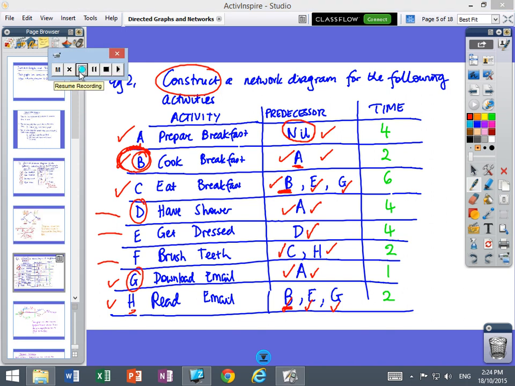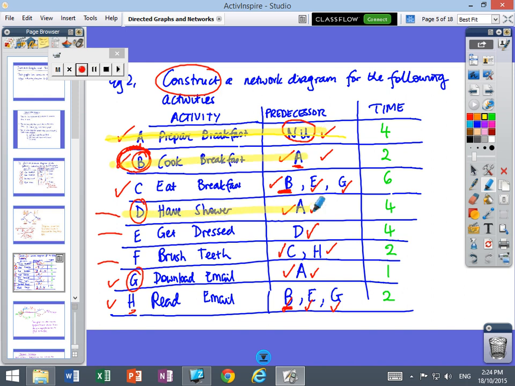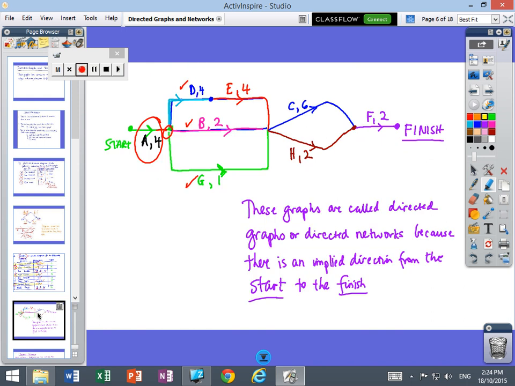Okay, so we've done A. A is on the diagram, so I'll change that to a highlighter pen. So A is done, and we've also got B is done, we've also got D is done, and we've also got G is done. So at this stage, it might be easier to look at some simple things. So we've done D, B, G, and A. So there's our diagrams. If you go back to the table,